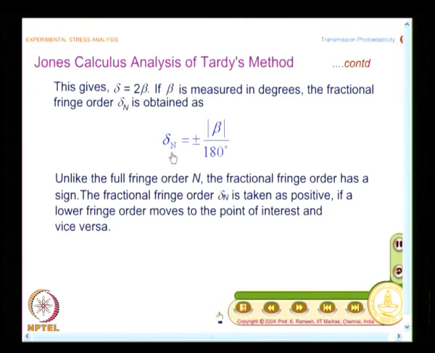This gives an indication that rotation of an optical element is akin to introducing a phase shift, that we have proved, because we have now proved there is a relationship between delta and 2 beta, and we have been able to convincingly show by Jones calculus analysis that what we have been suggesting as a procedure is indeed correct. And the key point here is how to find out the sign. For finding out the sign, in conventional photoelasticity you have the luxury of looking at the fringe pattern and seeing whether a higher fringe order moves and occupies or a lower fringe order moves and occupies, but in digital photoelasticity you record only intensity information.